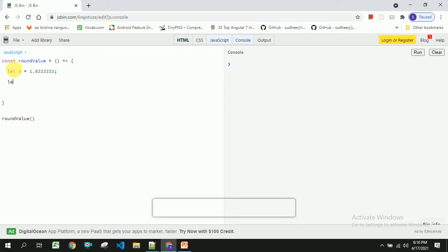For this I am going to use Math.round, or you can take the dynamic value x times 100 divided by 100. So let us log this.